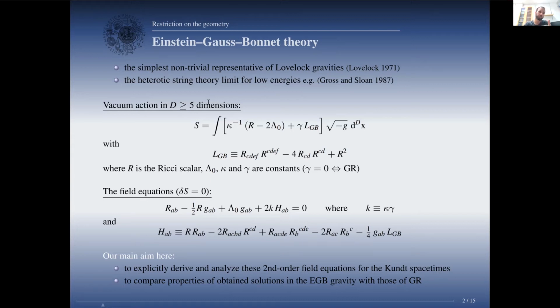So the first non-trivial correction to the famous Einstein-Hilbert action is the so-called Gauss-Bonnet term, which is just a topological term in 4D, but becomes non-trivial in higher dimensions. There are various scenarios where this theory is important or can appear, for example, as a low energy limit of some heterotic string theories. I would like to confess that I'm not an expert in this theory, but I'm interested in exact solutions,